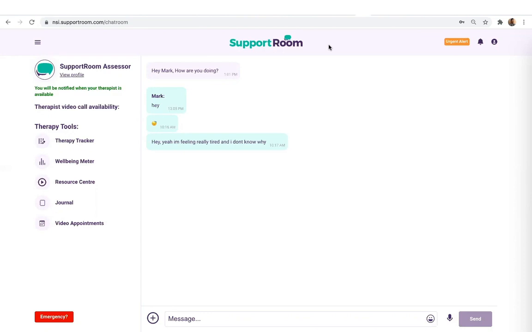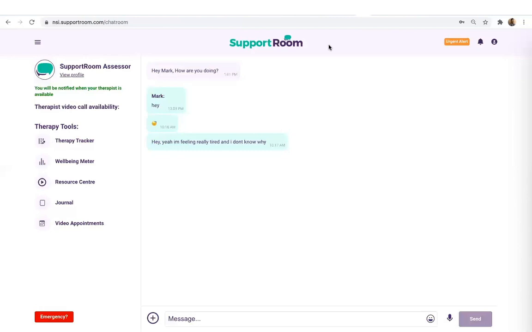Have you had therapy before? What symptoms are you facing? And we'll ask you various questions. Now, that information is then passed to your therapist, and we will be matching you with a therapist in the next step. Now, once you've been matched with your therapist, you can look at their profile and you can either select a time that you want to speak to your therapist, because you may be busy during the day. You may want to speak to them late in the afternoon, for example,